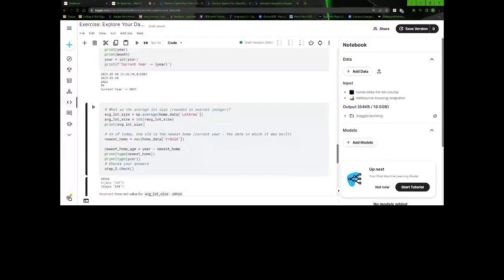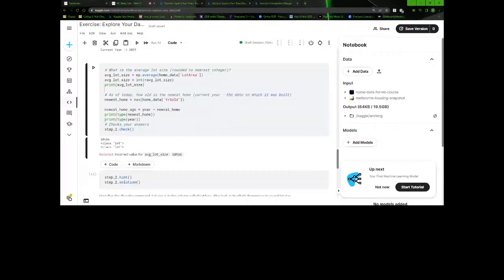And so, as of today, how old is the newest home? The formula for calculating this is the current year minus the date in which it was built. This is why we were extracting the current year in the previous step. I hope you all understood. So the date in which the house was built. First, what you need to do is get the,